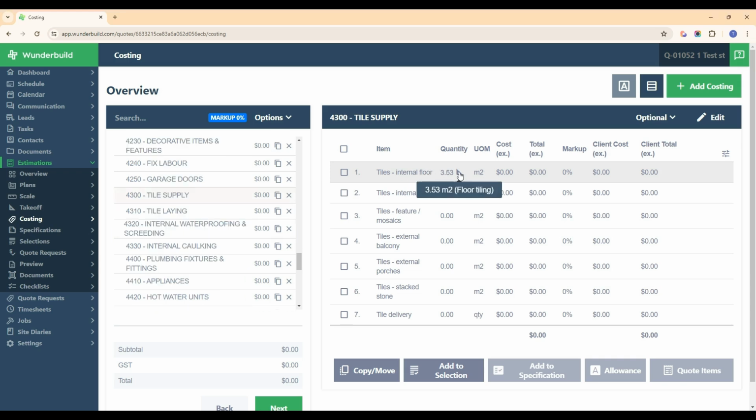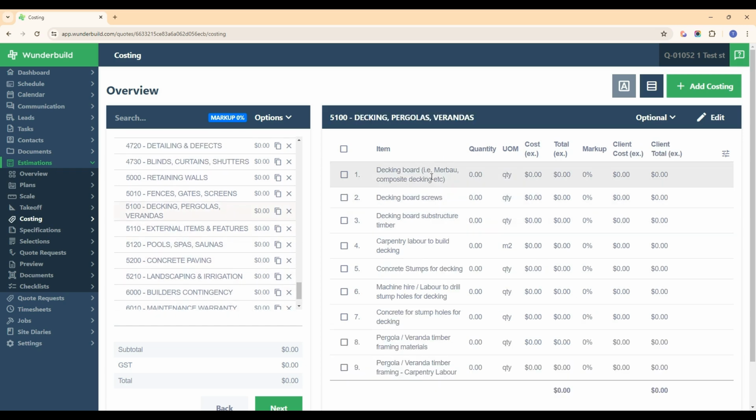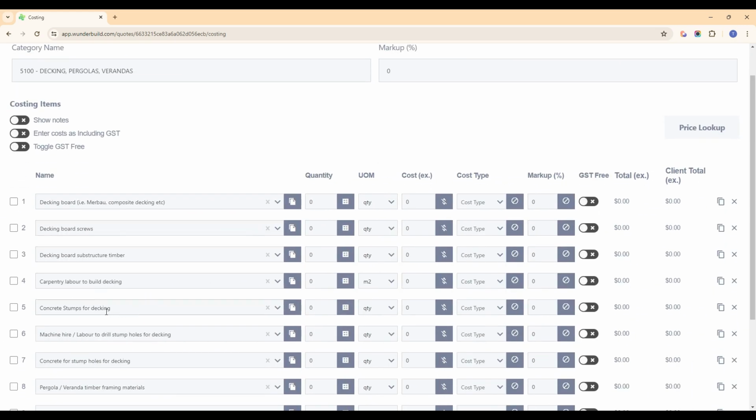And then the final way that we can add a takeoff to the costing is from the costing section itself. So if we want to do a takeoff for a material and we're in the costing area, we just go to that particular line item, and let's just say we wanted to measure a deck for how many square meters there was, so we can work out a labor rate. So let's just do that one as an example. So we'll go to this carpentry labor to build decking, and what we'll do is we'll hit this calculator icon again,